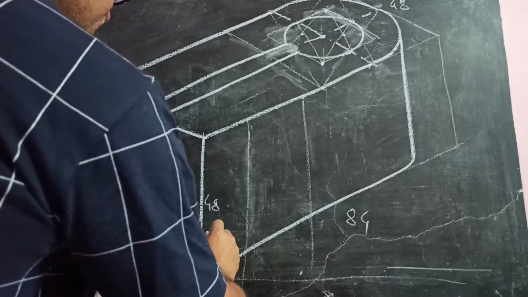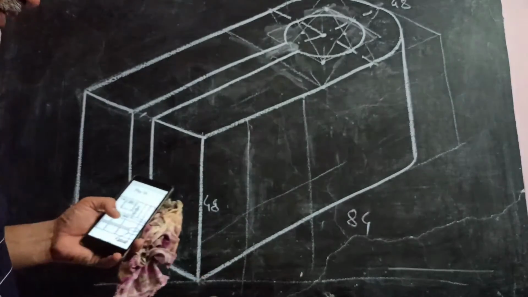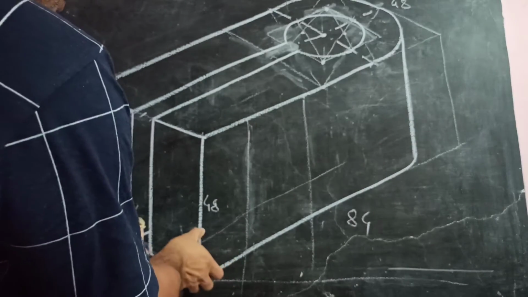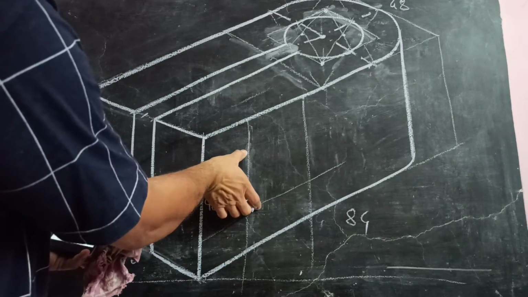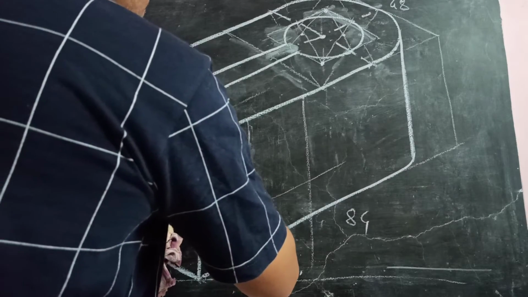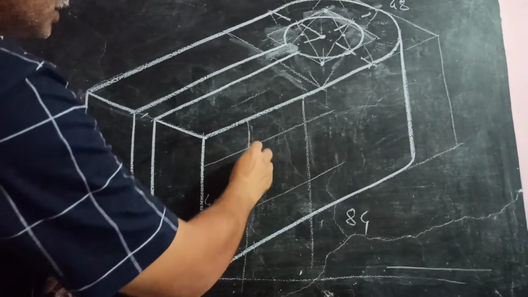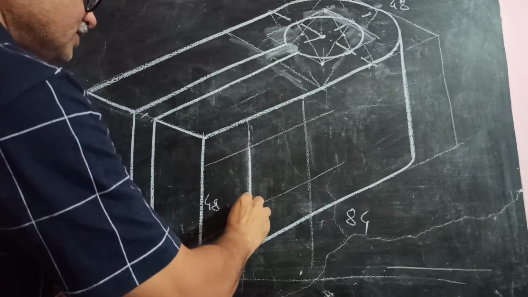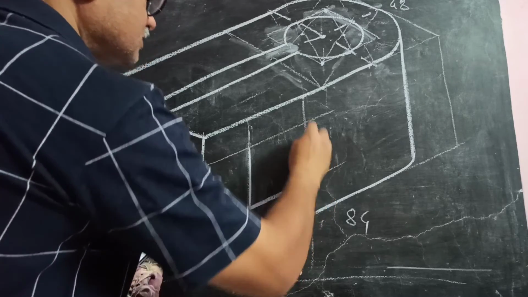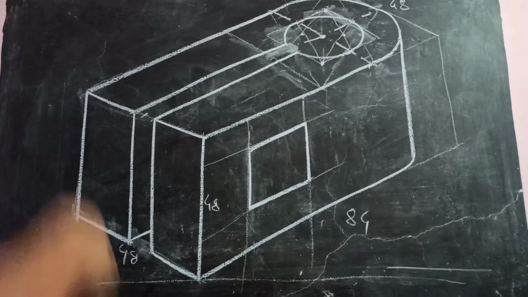Then from this side also it is 14. See, it is given. So it is 14, it is 20, that is 34, so it is 48, so it must be 14 from the upper side also. So it is 14 and 14, so this will become 20. So you can make it dark. So it is 20 by 20.